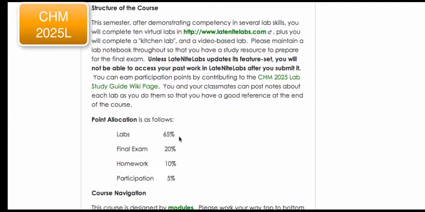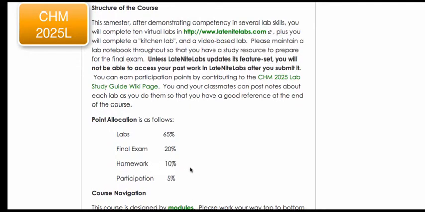You'll literally do the lab in your kitchen, and the other one is a video-based lab where you watch a chemist do a titration, and then the data shows up in the video, and then you'll take that data and generate a report. The last 2 labs I mentioned, the kitchen lab and the video-based lab, are worth more points than the virtual labs because they are more work.